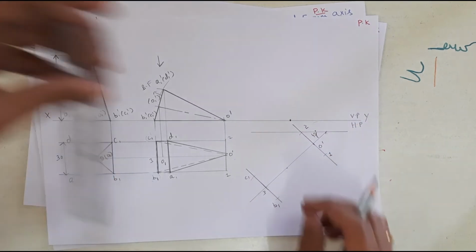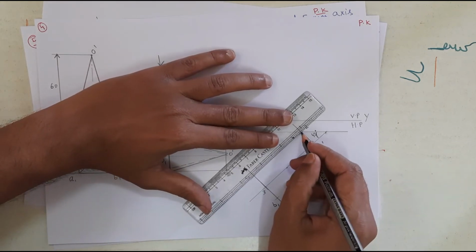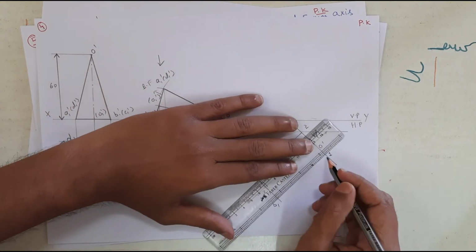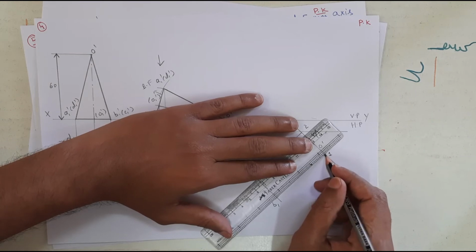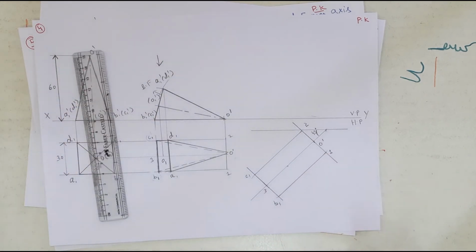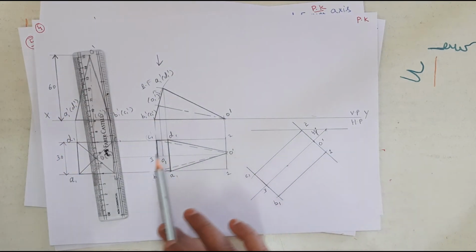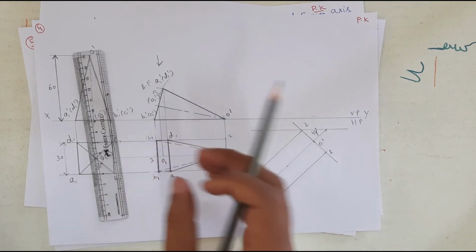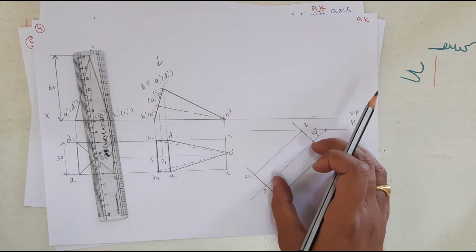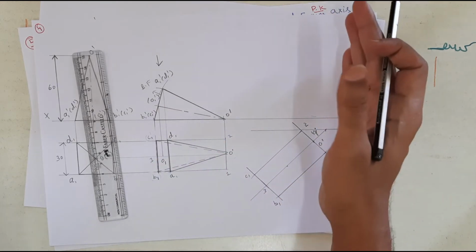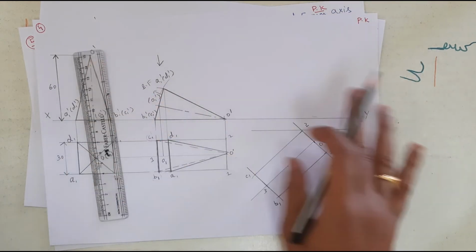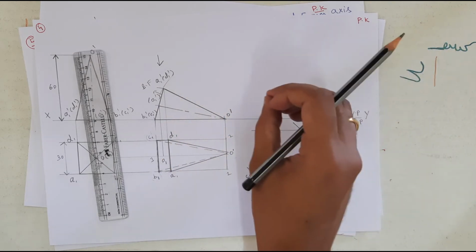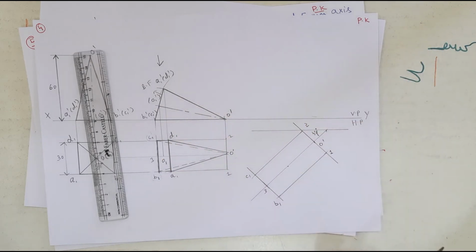Okay, I got the box. What is the next step? I need to identify the remaining corners, and I need to shift the same drawing to over here, then draw the vertical projections, horizontal projections, and identify the corresponding corners. Okay, shall we do it?